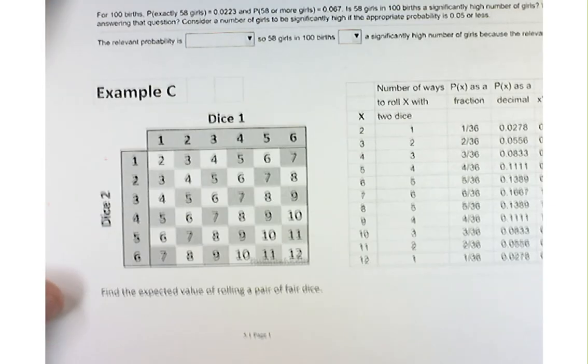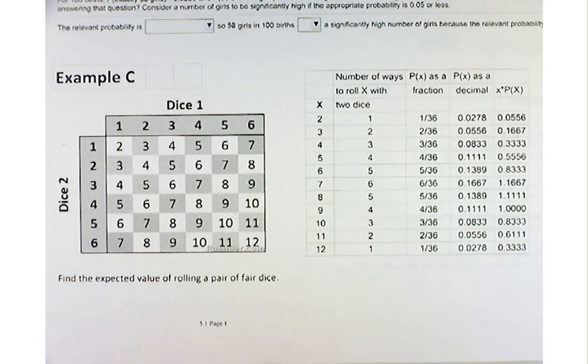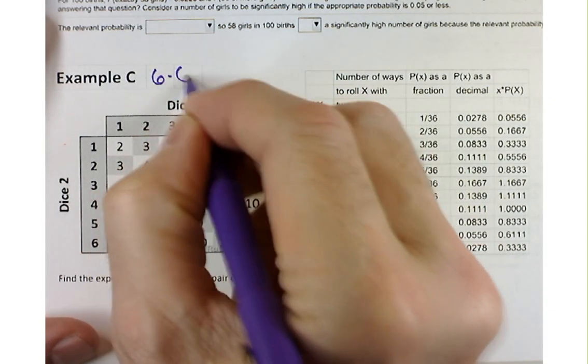Let's move down to this next example because I think some of the next concepts are going to be easier to understand if we talk about something a little bit more tangible. Rolling dice. We're going to roll 2 dice and look at the total. How many different possible outcomes are there? 36. Good. So 6 times 6 is 36 possible outcomes.